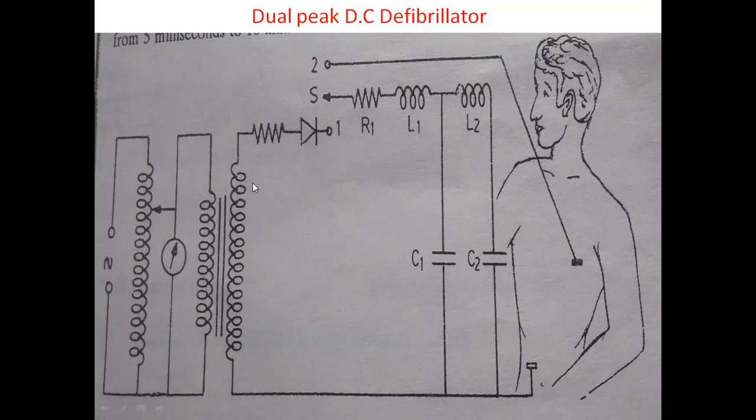By increasing the voltage, that voltage is applied to the diode. Okay, so when the switch S is connected to point 1, that is contact 1, what happens? The applied voltage drives current through the diode and resistance R1, L1 and C1. Similarly, the remaining current flows through the inductor and C2. In this way, the capacitors C1 and C2 are charged. These two capacitors are charged to their maximum value.